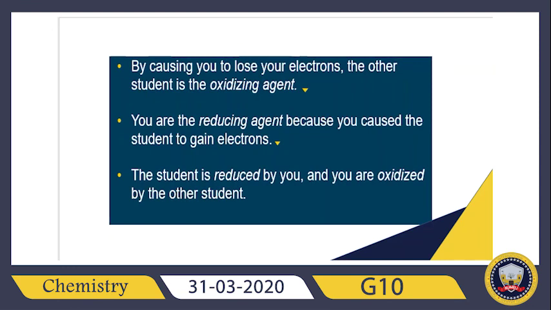So here again, Hussam took the electrons from Bilal and caused Bilal to lose the electrons and become oxidized. That's why Hussam is the oxidizing agent. What do we mean by agent? An agent is something that will make something happen. So Hussam made Bilal become oxidized. That's why Hussam is the oxidizing agent, while Bilal caused Hussam to gain the electrons. Bilal caused Hussam to become reduced. That's why Bilal is the reducing agent. Okay,